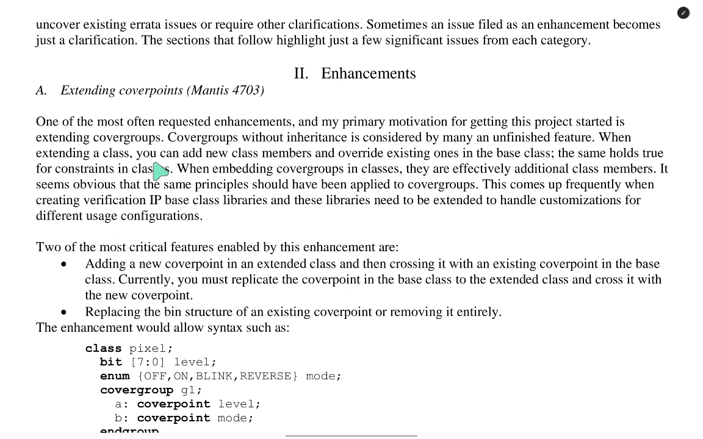When extending a class, you can add new class members and override existing ones in the base class. The same holds true for constraints in classes. When embedding cover groups in classes, they are effectively additional class members. It seems obvious that a simple principle should have been applied to cover groups. This comes up frequently when creating verification IP-based class libraries, and these libraries need to be extended to handle customization